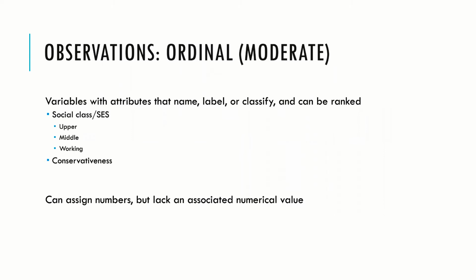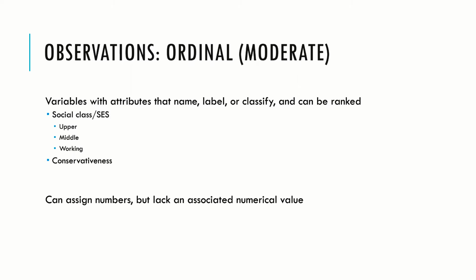So with each level of measurement, we're becoming more and more sophisticated. So we add characteristics of that variable. With nominal variables, all you can do is put people in categories. You can just label them. I am black, I am white, I am other. With ordinal variables, you can categorize and label, much like a nominal variable, but you can also rank order them. So not only are you putting people in categories, but you can say this one is higher than this one is higher than this one.